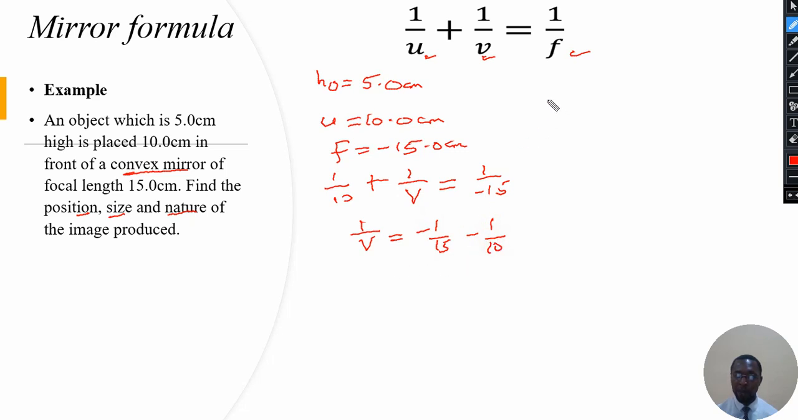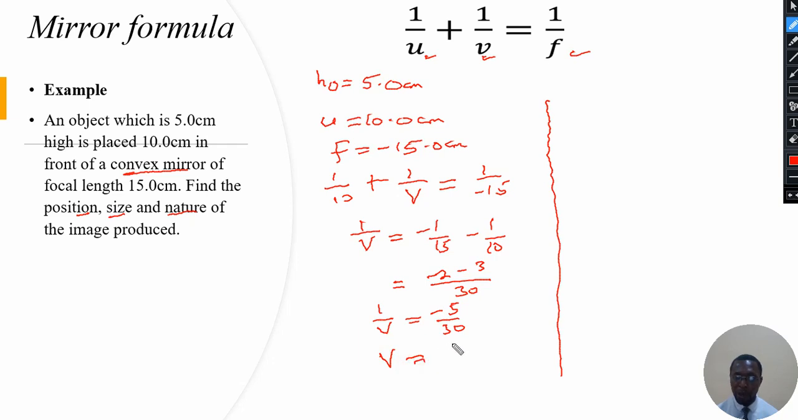Alright, and then going forward, the LCM of 15 and 10 is 30. 15 into 30 is 2, 2 times minus 1 is minus 2, and 10 into 30 is 3, 3 times 1 is 3. So now minus 2 minus 3 is minus 5 over 30. And then here we have 1 over v. Now if you make v the subject, we'll be having 30 over minus 5. That will give us minus 6